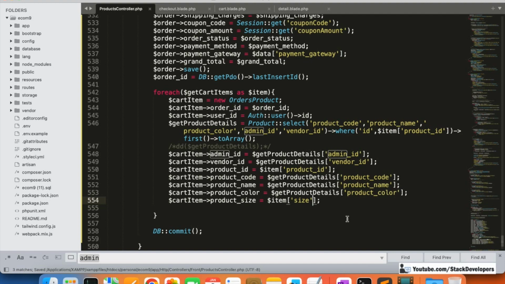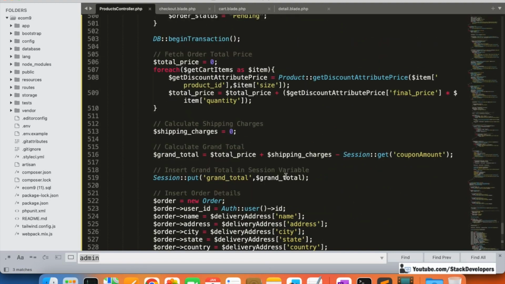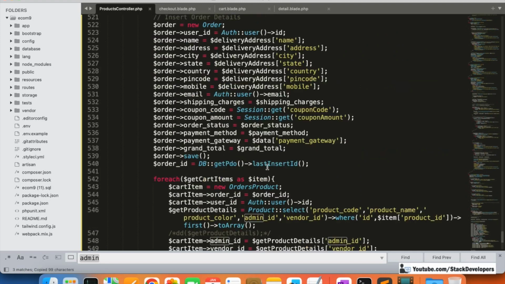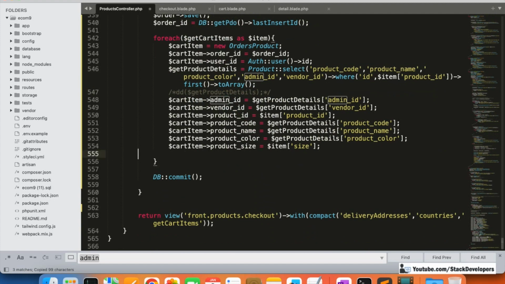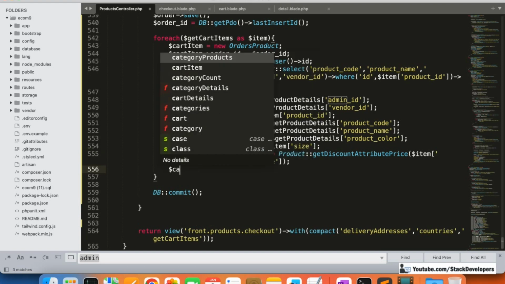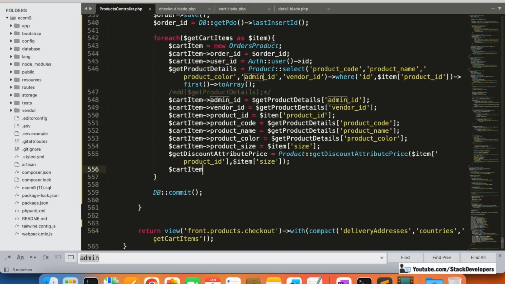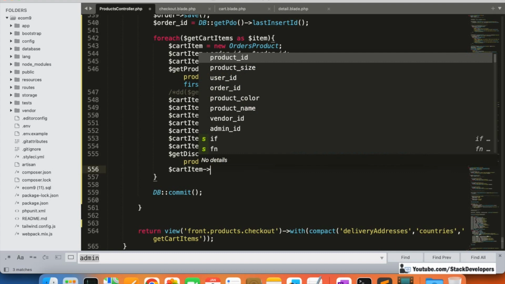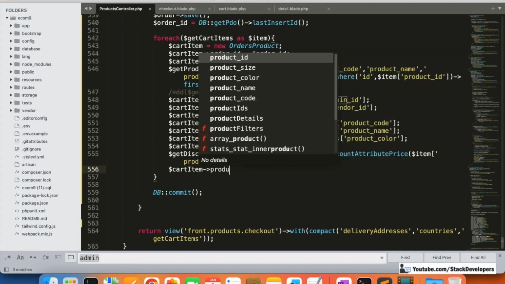Okay, so now the product price as well as the quantity. For the product price, once again we will fetch that in the same way like we have done earlier as well. So dollar item product id as well as the dollar item size, so it's fine. After that we have got the cart item. So here we will have the product price,